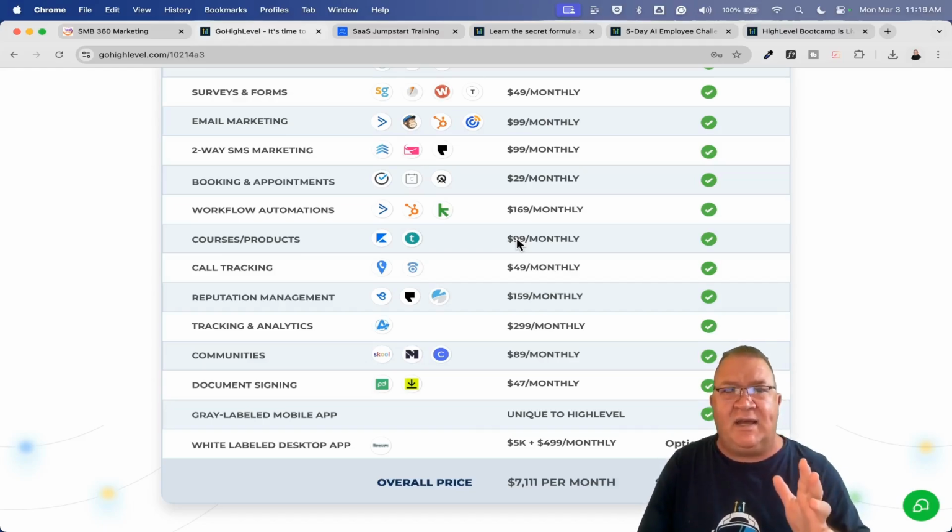And this is going to be, again, one of your selling points whenever you start selling the HighLevel services to other small businesses, because they're probably already using multiple pieces of software to run their business. What you can do is cut down on the monthly expenses and start providing value and building monthly recurring revenue, or MRR, with the GoHighLevel platform, saving them money and allowing you to be more of a trusted partner in their business. And once you become a trusted partner, meaning you're providing a good, valuable service and it's working, then you can start expanding that service with your client to include other things.